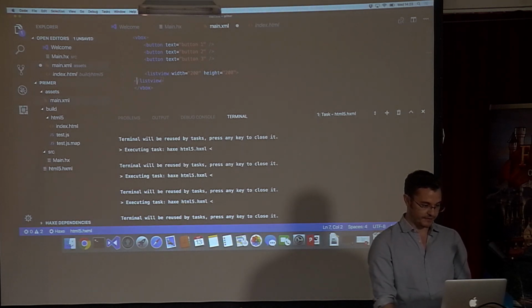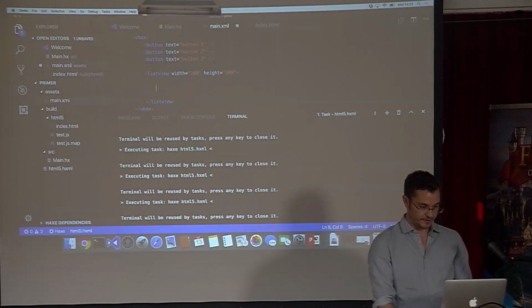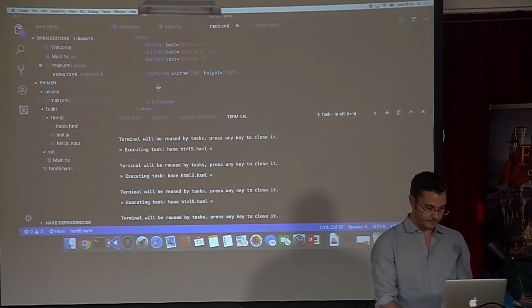Okay, now we've got a list view. It doesn't have any data, of course. We can give it some data. You don't have to put the data in statically. You could do it dynamically, of course. But for the point of this,